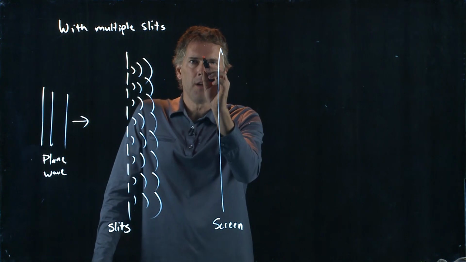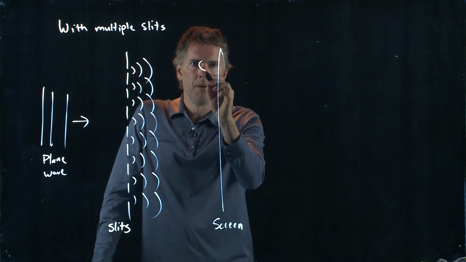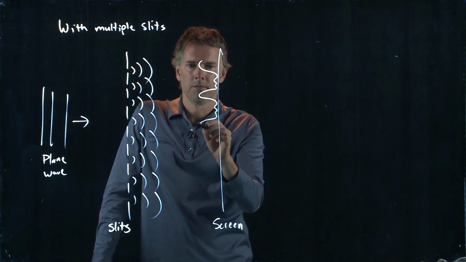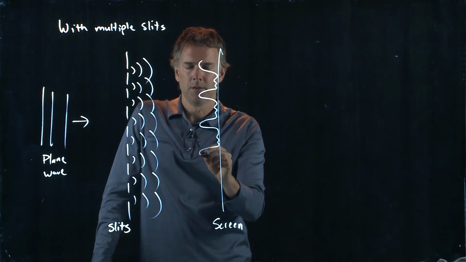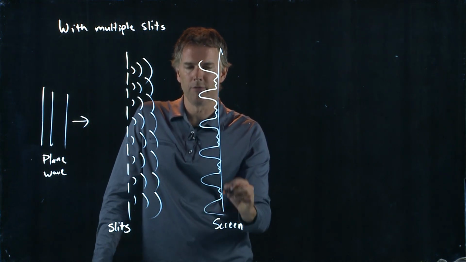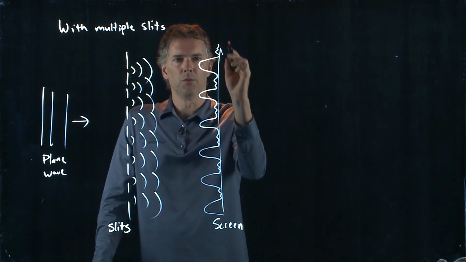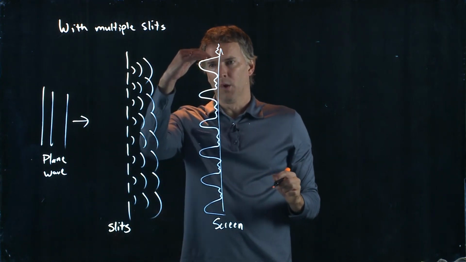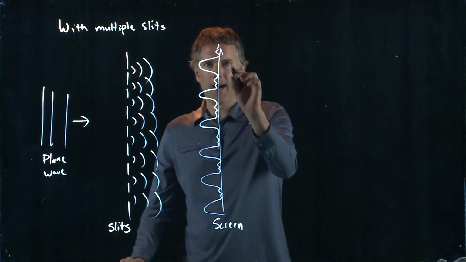Well, it turns out that all these things are going to add up and make a pattern that looks like this. You've got these bright spots, and then you have small fringes in between. The location of these bright spots